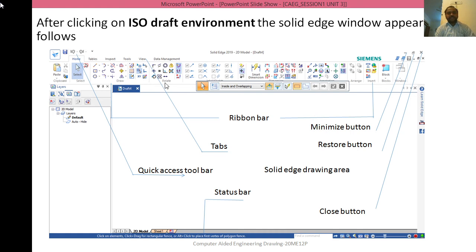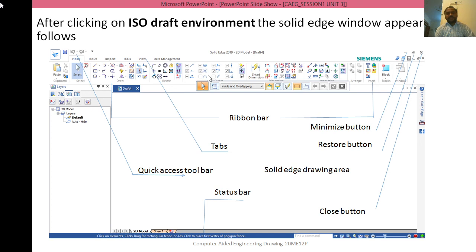The relate toolbar is used to make components or lines relative to each other. Then this is IntelliSketch. IntelliSketch is used to make two lines parallel to each other or perpendicular to each other, or to keep two lines from being collinear.